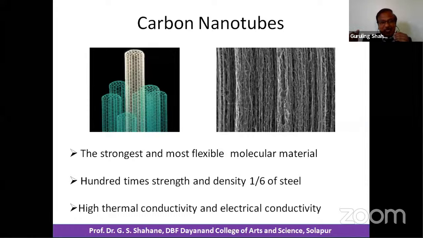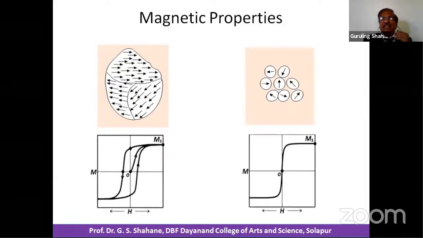At the same time, its thermal conductivity as well as electrical conductivity are very high. High electrical conductivity makes them suitable in a number of applications. Magnetic properties. If we take a bulk material, or if the size of that material is greater than 100 nanometers,